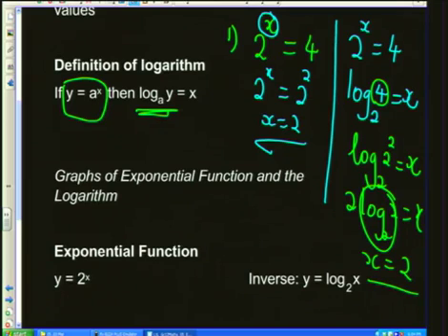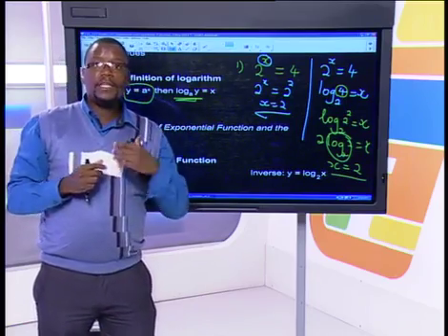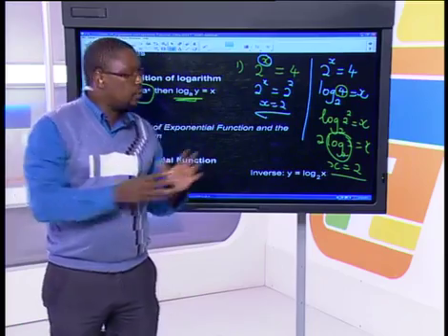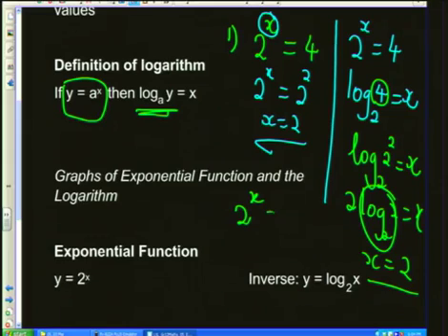Now, can you see that there is a relationship between your exponents and your logarithms? But now, where are the logs helping us? They're helping us when we're given, say, for instance, something that we cannot raise to the base, which was maybe given on the left-hand side. For instance, you're given 2 to the x equals 3. Now, in this case,